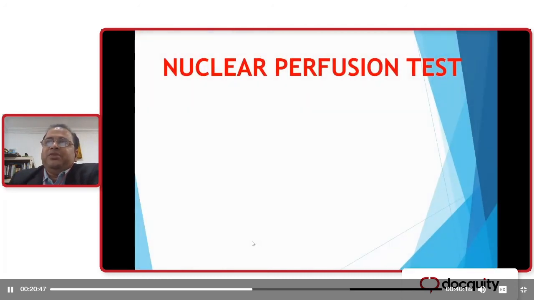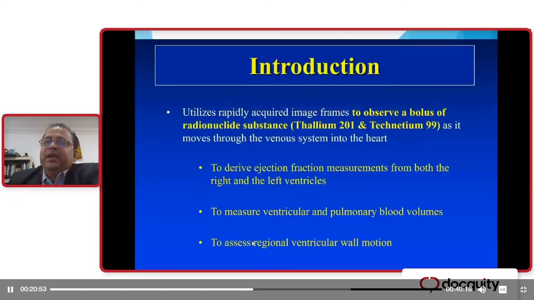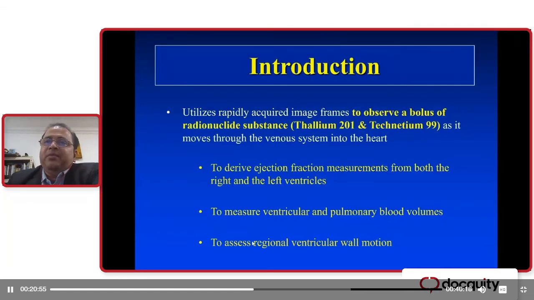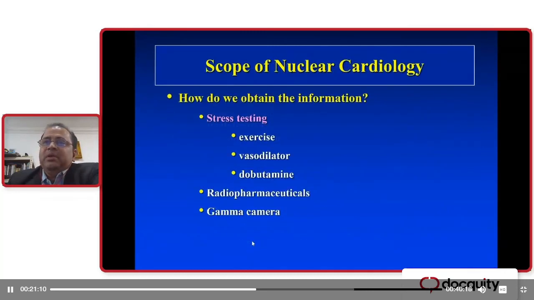So nuclear perfusion test is only available in select centers. Even in Sedang, we do not have it. So basically, they require introduction of radionuclide substances, basically thallium-201 or technetium-99, as it moves through the venous system. So they look at the ejection fraction, wall motion abnormalities, blood distribution, and so on. So you have the same data you get from stress echoes. Some people say